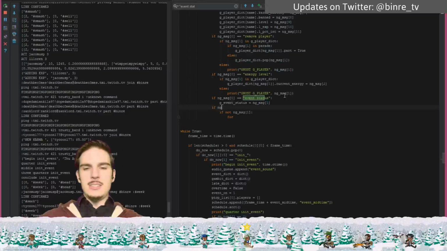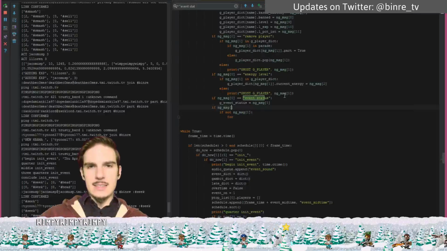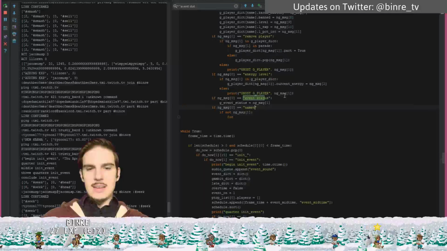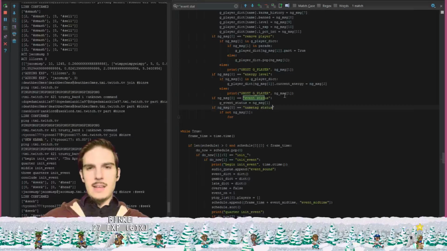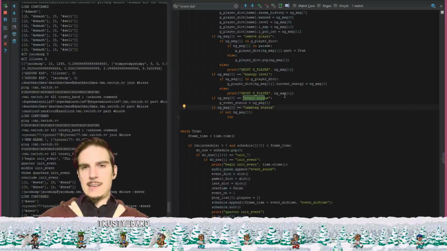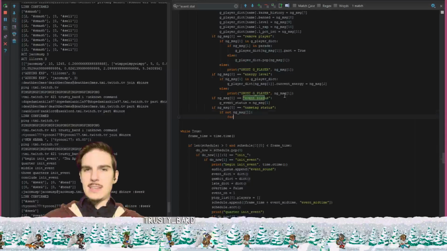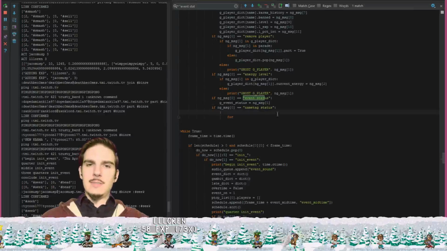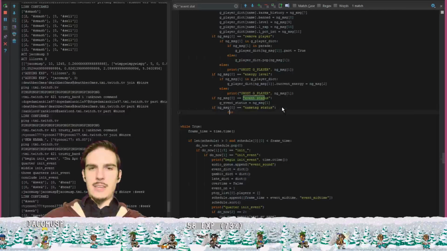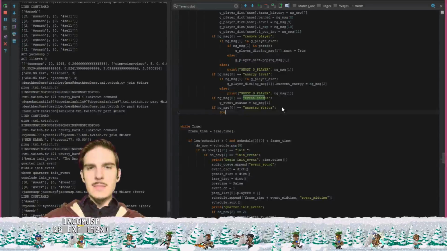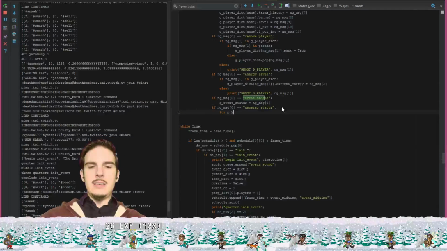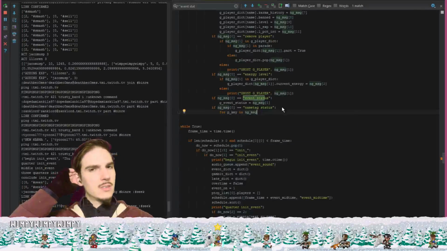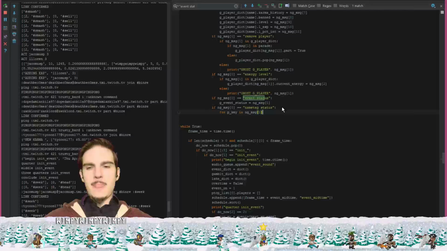If ng message index 0 equals name tag status, then we don't have to say anything else. We can just immediately start looping over ng message index 1. So for p key in ng message index 1, we can say